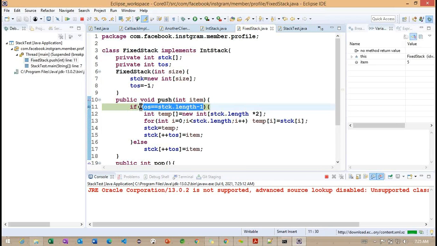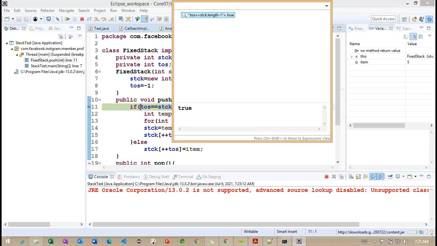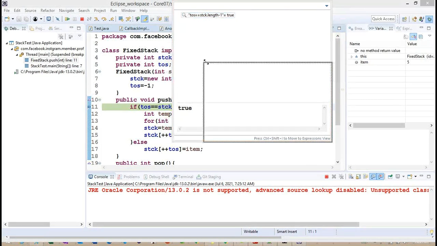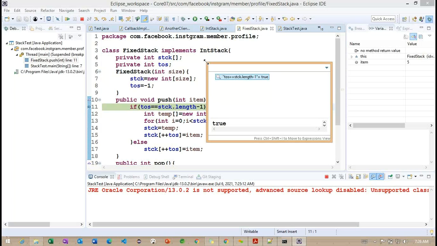Now we need to understand this particular condition here. Now you can see the condition is returning true here.